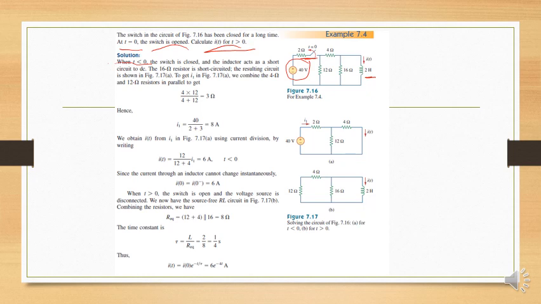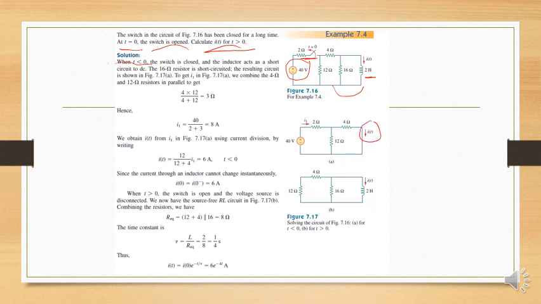As you know, the short line and the 16 ohm resistor will also act as a short. Why? Because they are in parallel, and when we find the parallel combination of a short and a resistance, it would be short, right? So this resistance will also. Now what are we going to find? We first have to find the total current entering through these two branches so that we can find i1 at time 0.